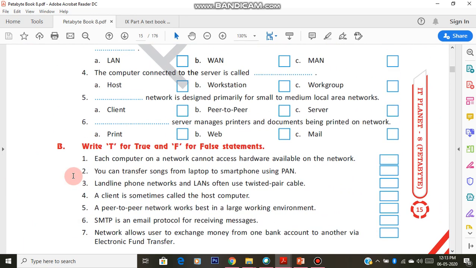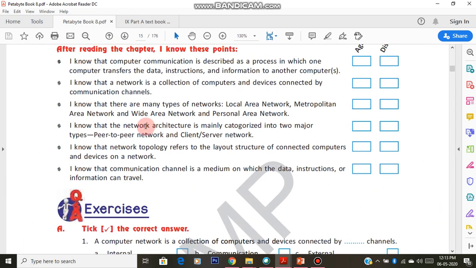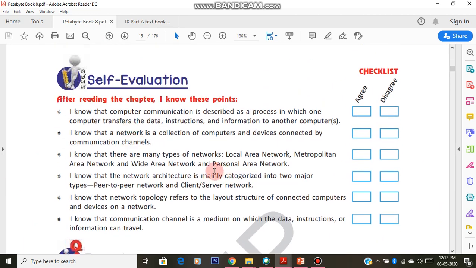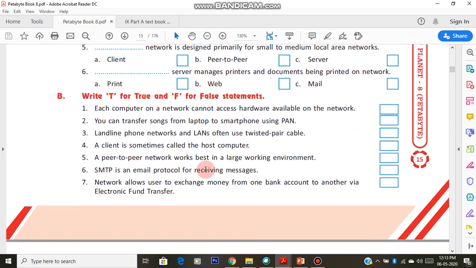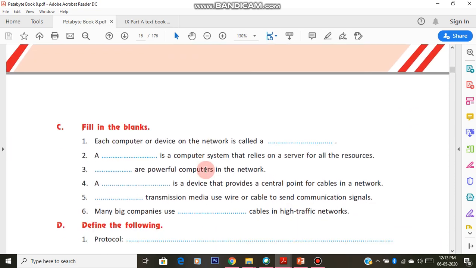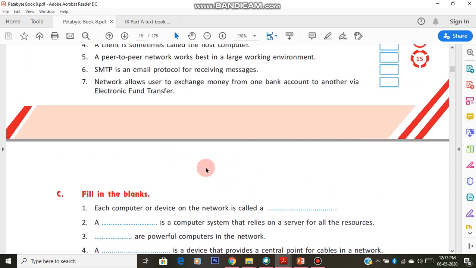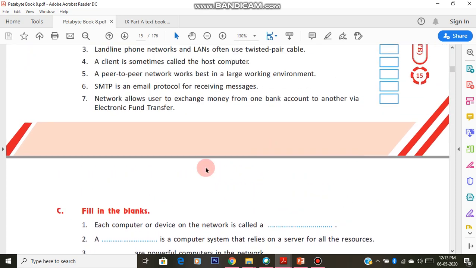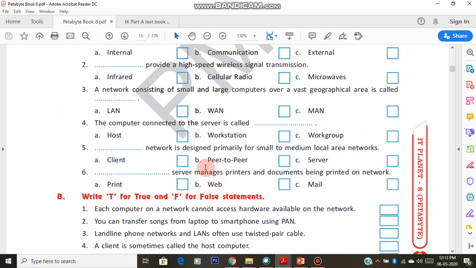Till C mains, A, B, C, and even this. Okay, self evaluation. These four mains you have to study. Next class, you will have an online test. Okay, be ready with this.